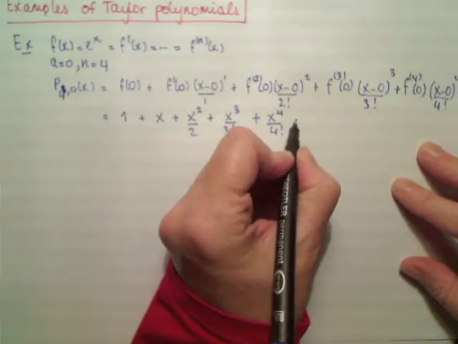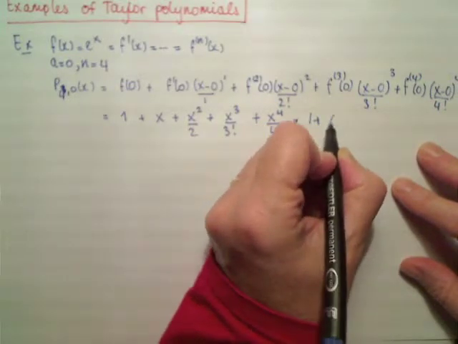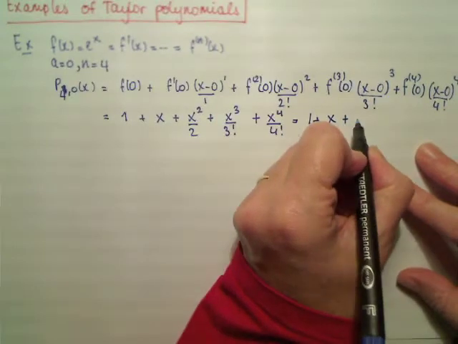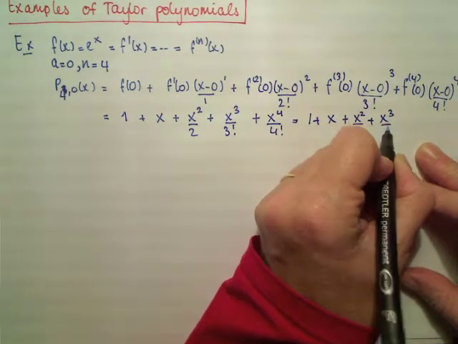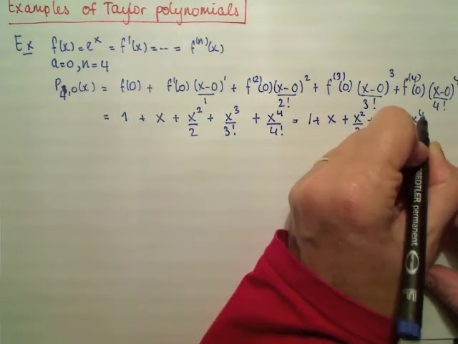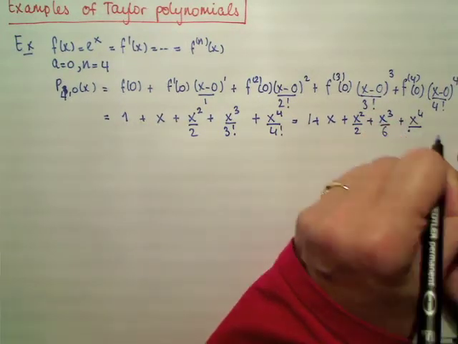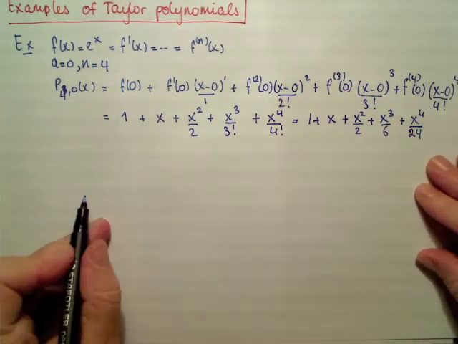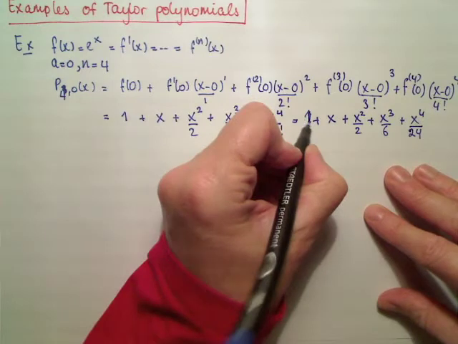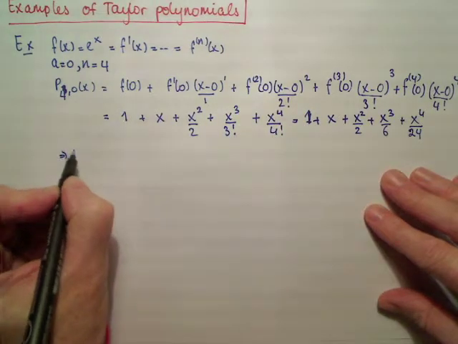4 factorial. And if we write out the factorials, we get 1 plus x plus x squared over 2 plus x to the power 3 divided by 6 plus x to the power 4 divided by 4 factorial, which is 4 times 6, which is 24. So what does it tell us? That if we